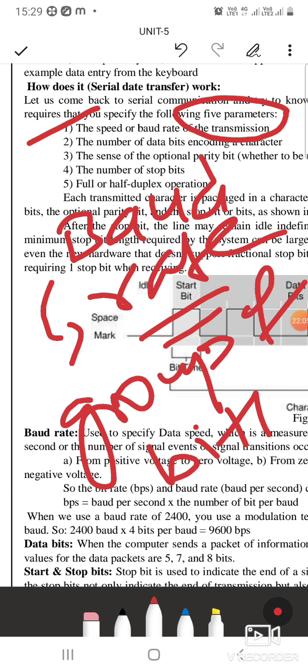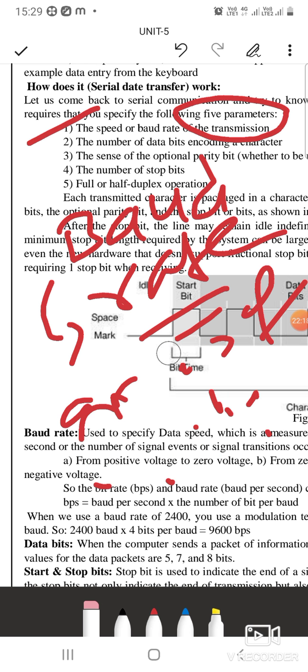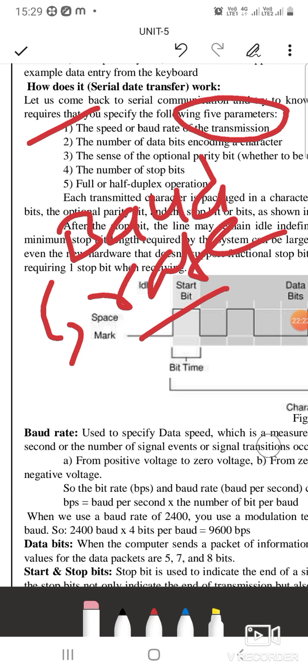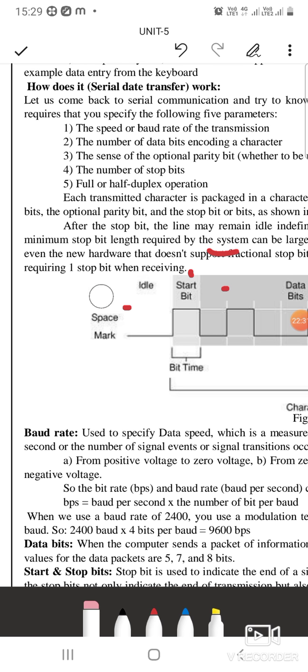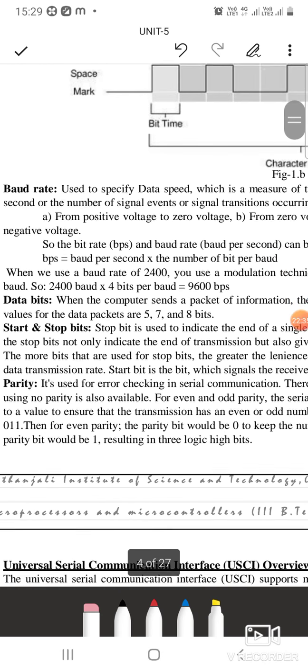The baud rate number will be a little bit lower when compared to the bit rate, because bits come in more number when compared to the bauds. So between the baud rate and bit rate we have a simple relation, and a formula is given here for the relation between the baud rate and bit rate. You can see that relation here.